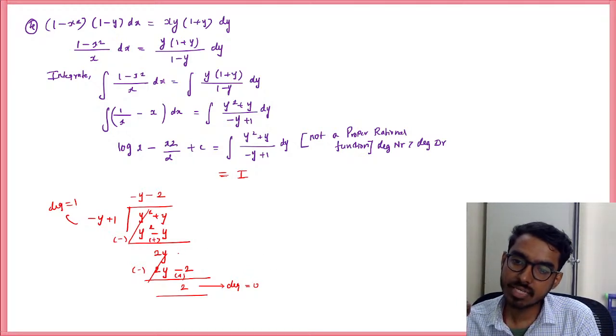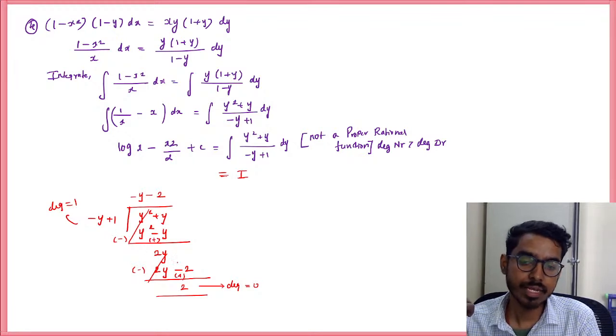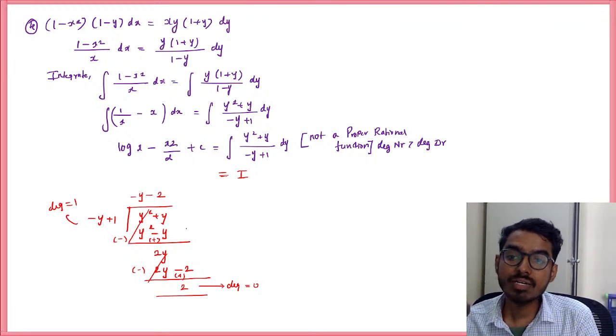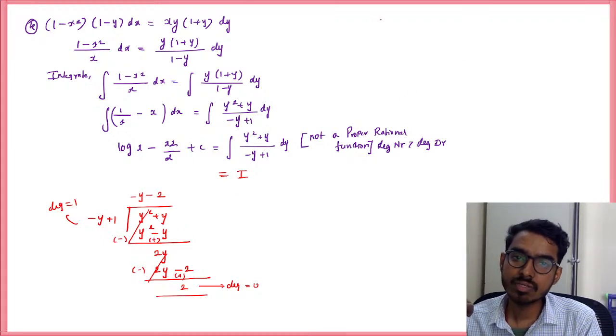But here you can see this degree is 1 and this degree is also 1. So you have to perform the division once again, right? Okay, that means what does the division algorithm say? What does the division algorithm say? That is, when you are dividing,